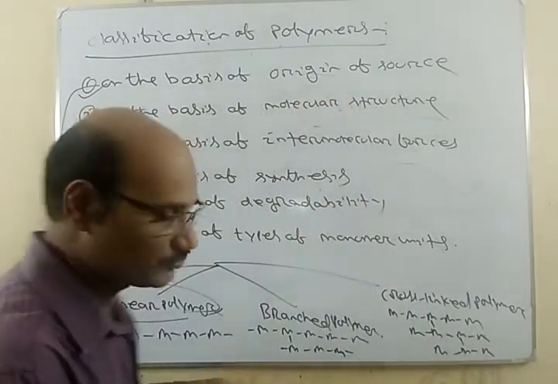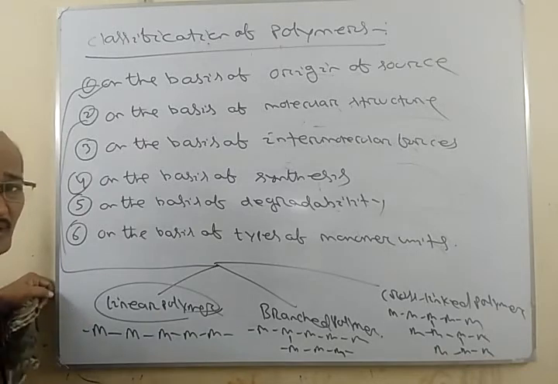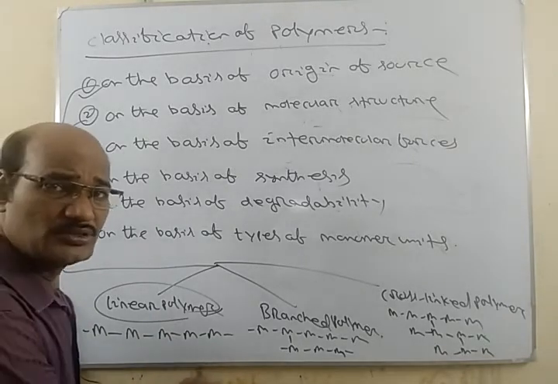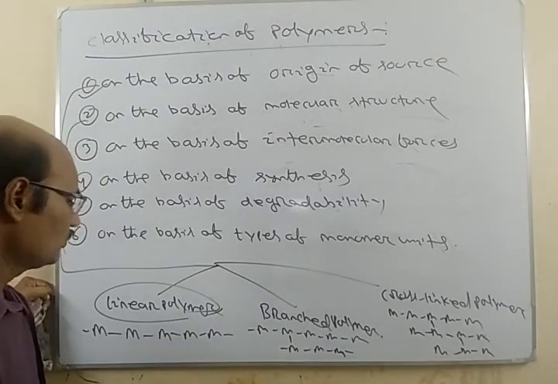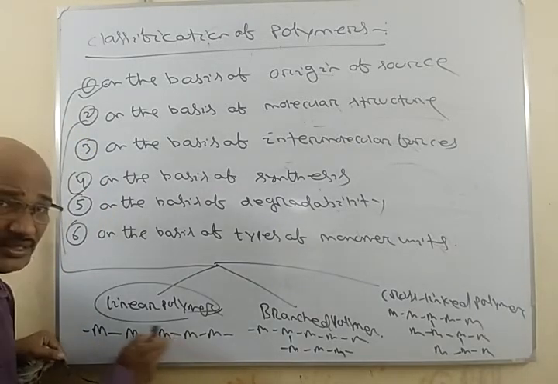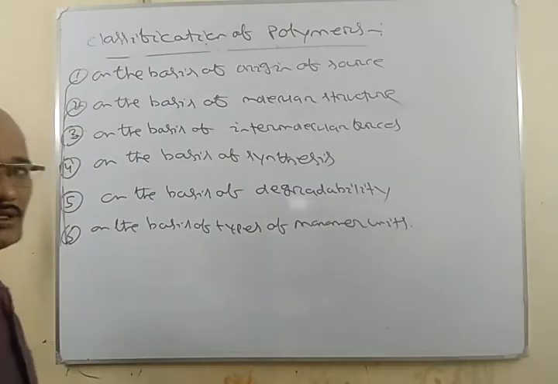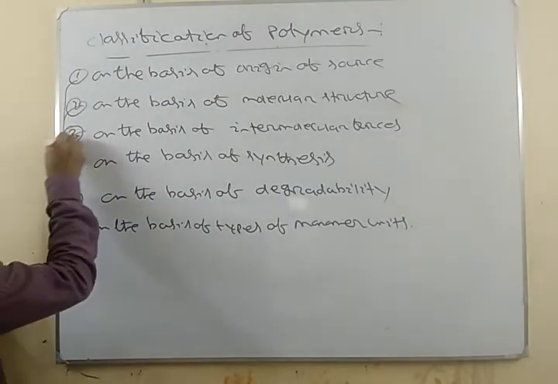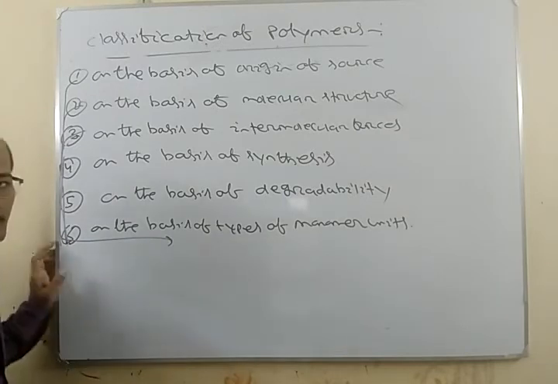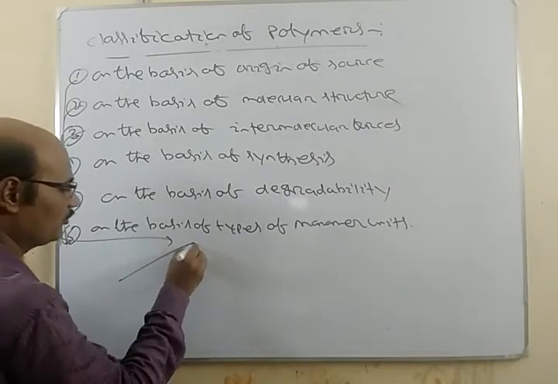Okay, next. And one thing you remember here, when we are thinking about linear polymers, straight chains, here the monomer units are tightly joined to each other. So next, on the basis of intermolecular forces. On this basis, the polymers are of four kinds: